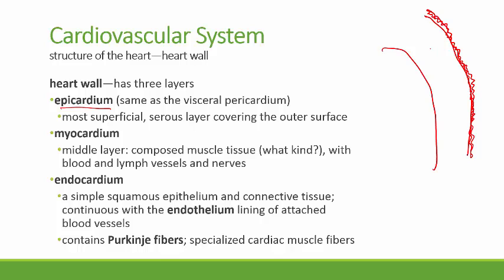The thickest part of the heart is this middle layer here. This is the muscular layer, and that's what myo means. If you recall back to when we did our chapter on the muscular system, myo means muscle. So the myocardium is the muscle of the heart. And again, what kind of tissue? Hopefully you got that very quickly. This time, of course, it's cardiac muscle tissue. And then there are also blood vessels and lymph vessels and neurons, the nerves that run through